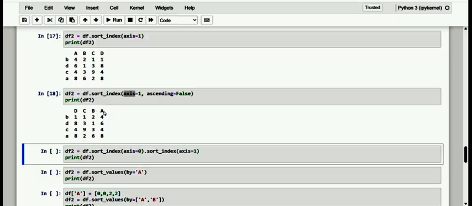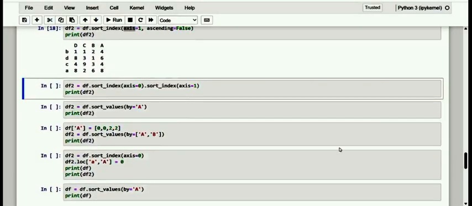Now if we want to sort by both row labels and column labels, we can do it safely by chaining the method. Of course, dear friends, first we sort the data frame by the row and then later by the column.